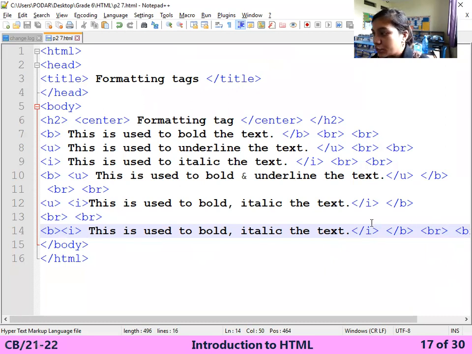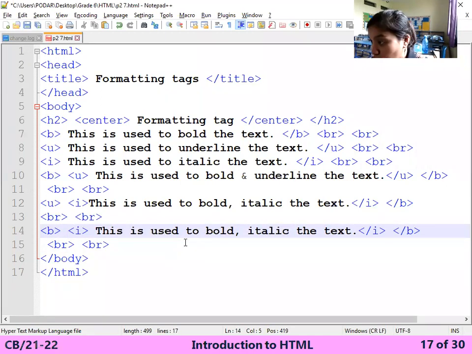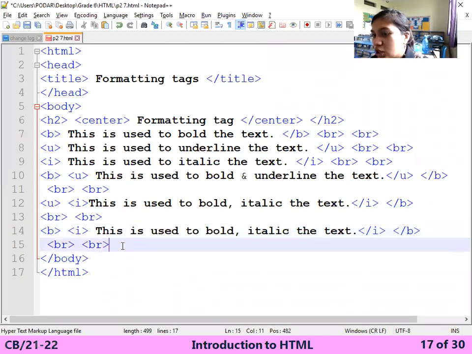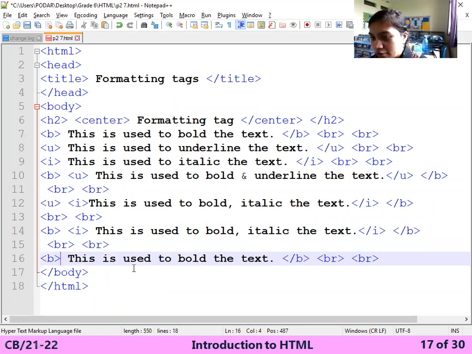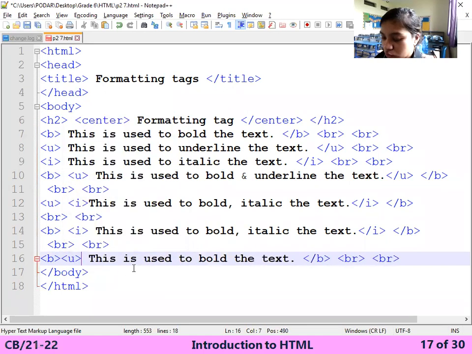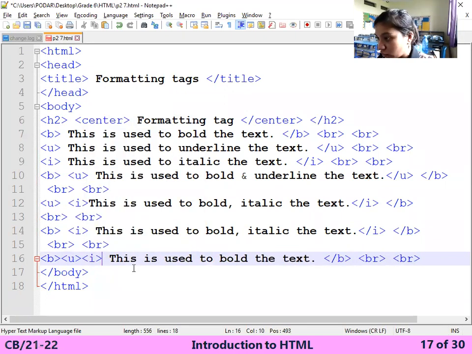Now, if you want to use all 3 together, आप तीनों को साथ में यूज करना चाहते हो तो क्या करना पड़ेगा? You can write down the 3. For example, B, U, and I also you have to write down. Now remember which one will be closed first. First open, last close.